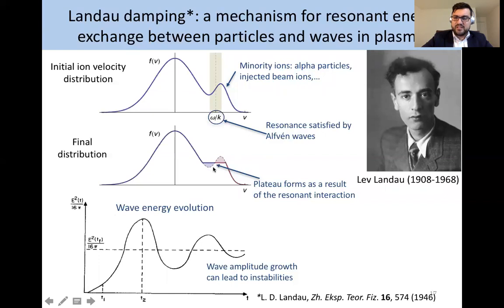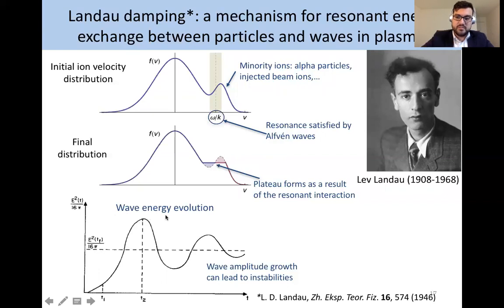So the net effect of Landau damping is that originally you had more particles with velocity greater than the resonant velocity, and those particles, as a result of the so-called phase mixing, migrate to regions of lower velocity. And what happens is that the overall distribution of particles loses energy at the expense of the wave energy gaining,